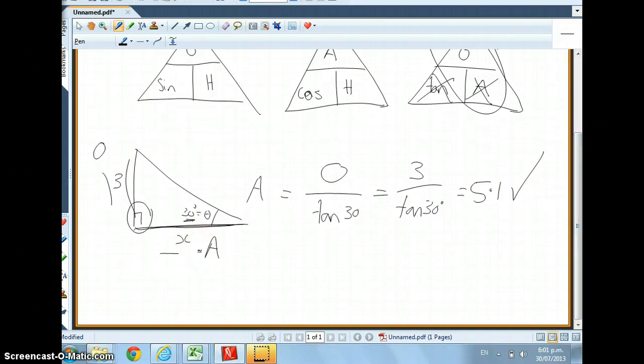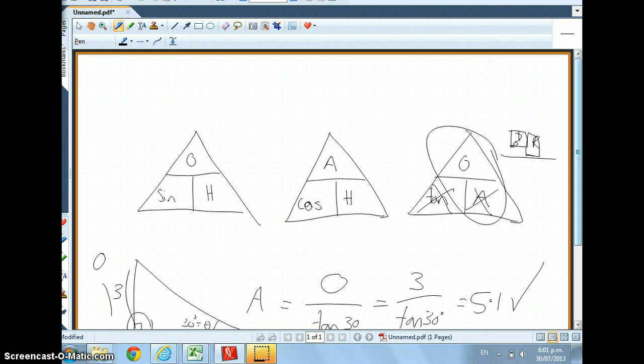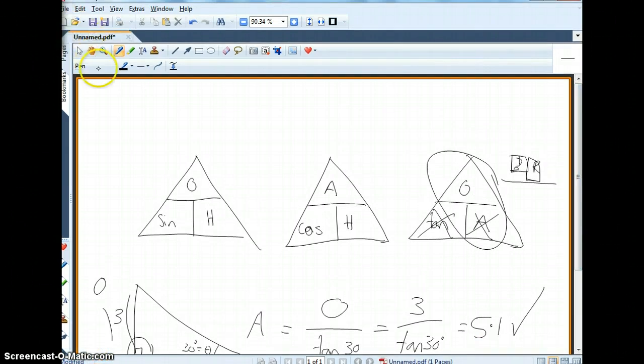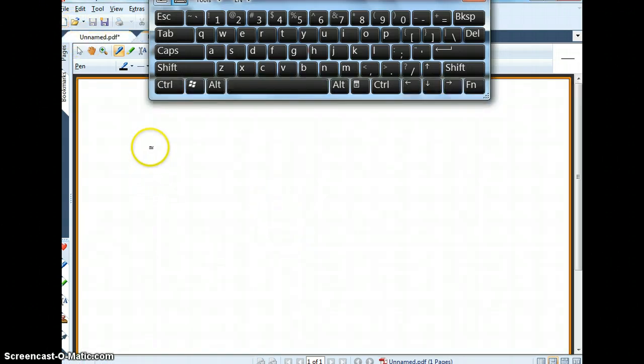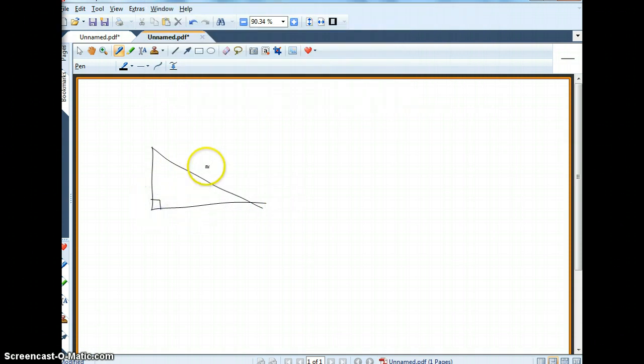Okay, next problem, I'll do a problem where you're given the hypotenuse. So you're given the hypotenuse, let's just call it 12, and you're asked for the A. Actually, I'm going to say ask for the O. That would mean that angle was given, 42. I told you that's the hypotenuse because it's opposite the 90-degree sign, and up in the corner of your test paper you would have already written